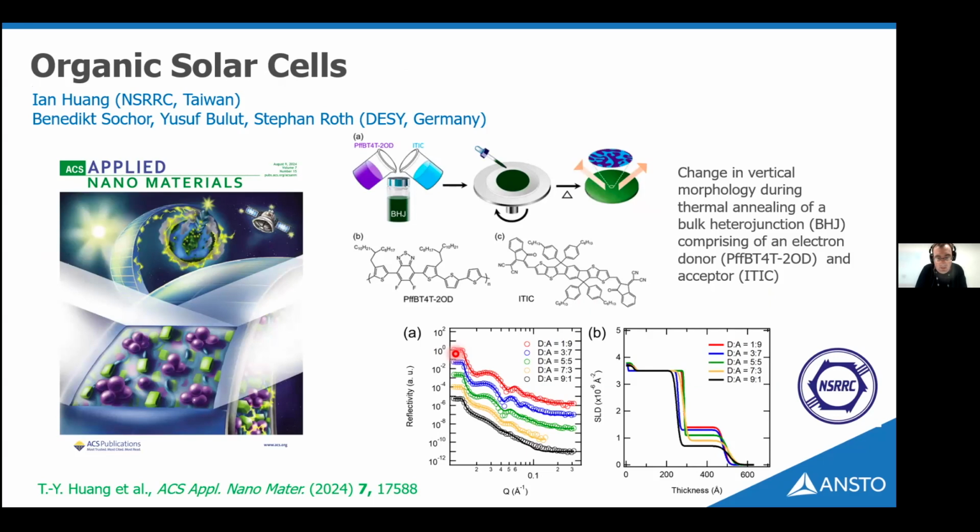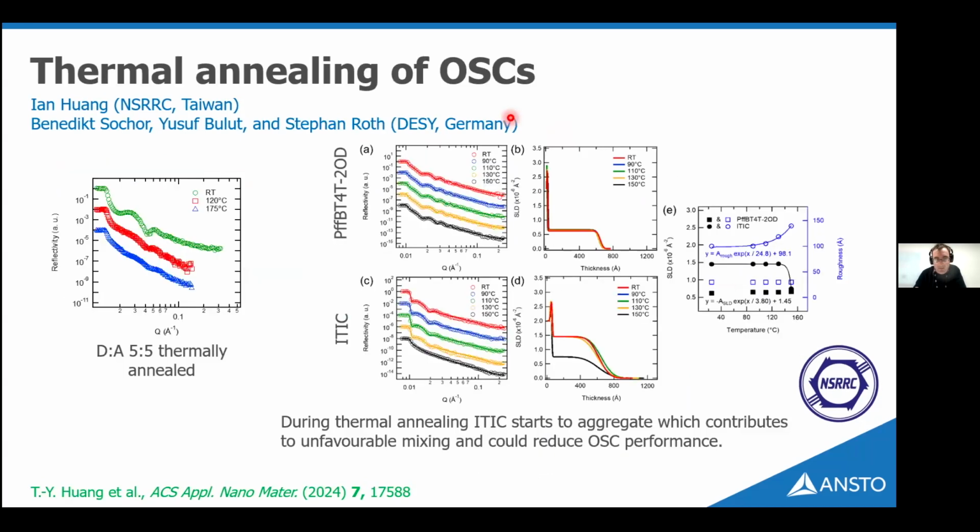These have a donor molecule and an acceptor molecule. The donor is this polymer with an impossible name, and then you have an acceptor which is ITIC, and he's studied different blends of them, and under vacuum conditions, heated them up to look at the thermal annealing and how the aggregation of the ITIC affects the performance of these